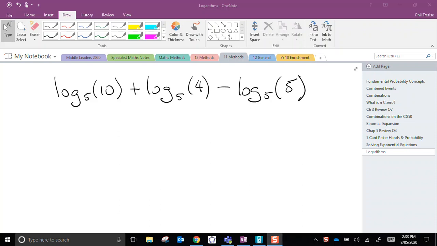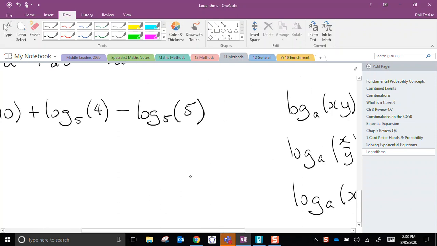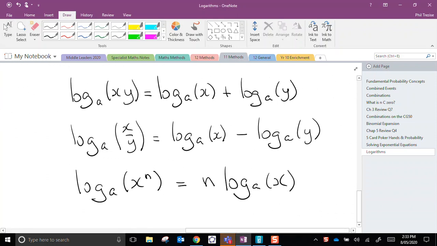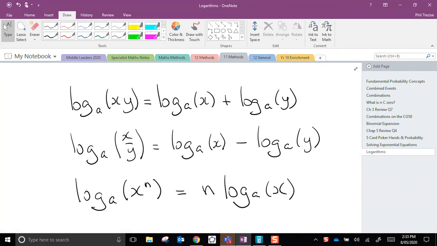Hi everyone, here's a quick demonstration of a simple-ish log question where we note first of all that all of our logarithms here are to base 5, same base. So let's just have a quick reminder of our logarithm laws. The ones that we really need to think about are the first and the second one here. If we have logarithms to the same base and we're adding together these logarithms, then it's the